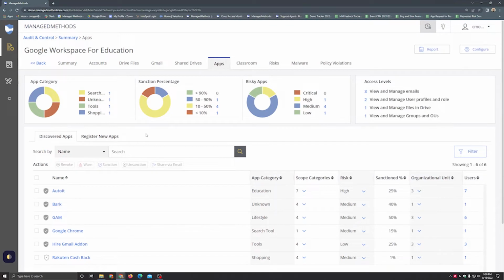Now we've moved over to the Apps tab. On the Apps tab, this is where we're going to be taking a look at all the various third-party applications that have been authorized into the domain. And what we define third-party applications as is anything and everything that your end users have authorized with an OAuth